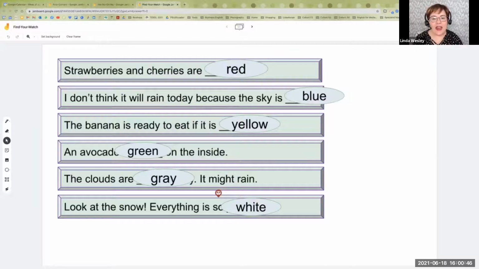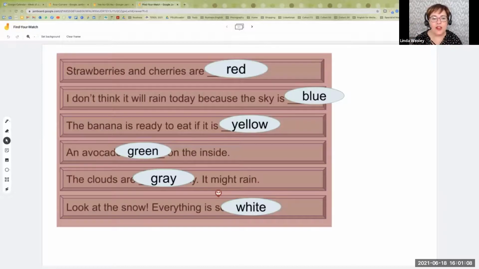And so if I ask them to make their learning visible, I might model it like, okay, strawberries and cherries are, I'm going to choose the color red because I know that strawberries and cherries are both red. Again, they're making that learning visible. They're showing you what they're saying.